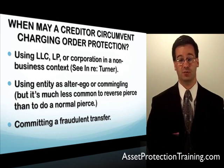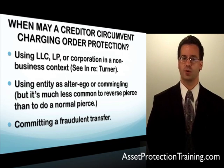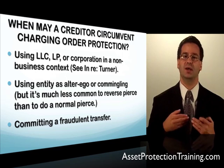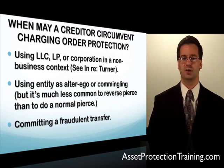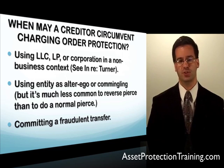I'm actually making trades, trying to make a living, even if it's only a few a year. You have to have some business context, or a family business, rental real estate, something else. But if it's strictly a personal asset, don't put it in an LLC, because you run a high risk of that charging order protection being disregarded, because the judge may reason you didn't use the entity for a legitimate business